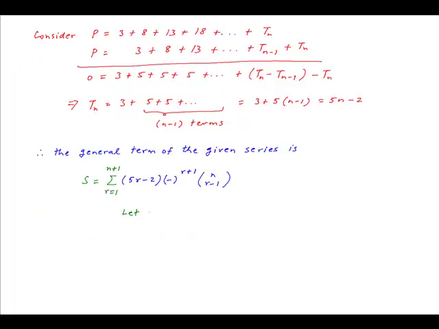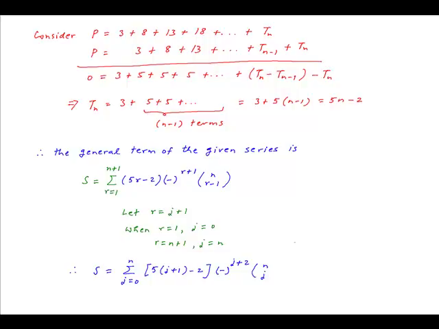Now let us denote r by j plus 1. So when r is equal to 1, the value of j is 0. When the value of r is n plus 1, the value of j is n. Therefore, the sum S can also be denoted by summation j going from 0 to n. 5r minus 2 can be written as 5 times j plus 1 minus 2. Minus 1 raised to the power r plus 1 can be denoted by minus 1 raised to the power j plus 2. And n choose r minus 1 becomes n choose j,